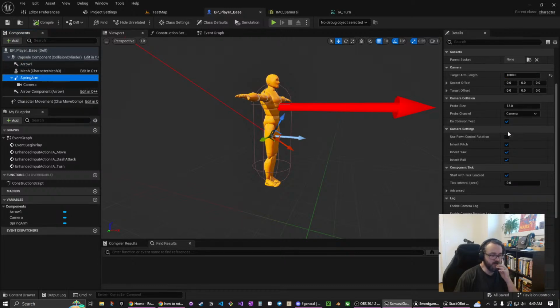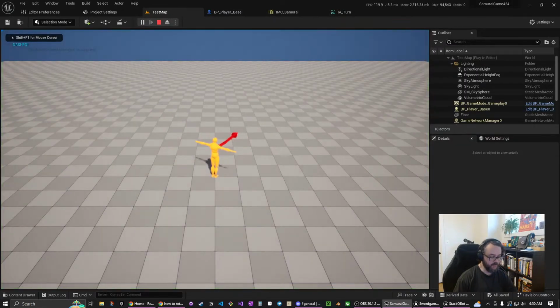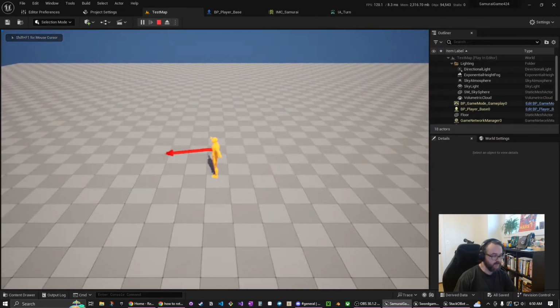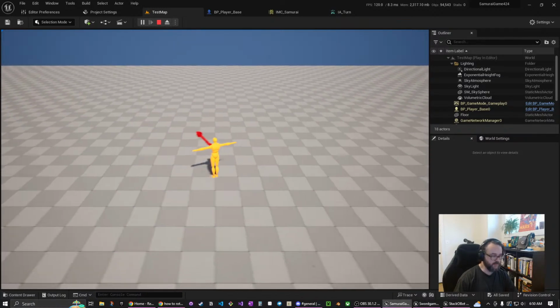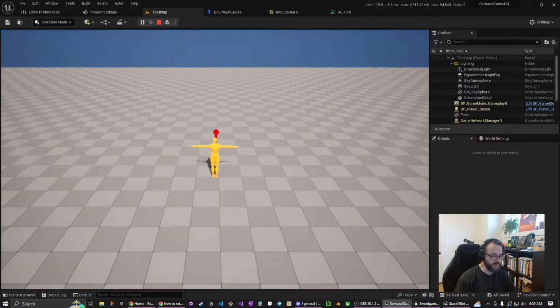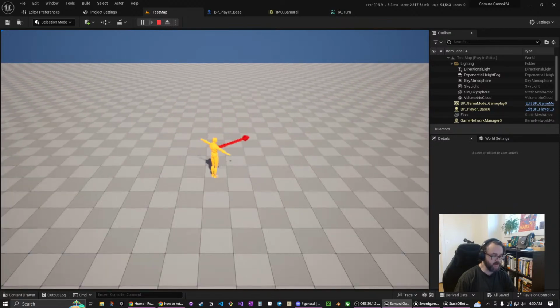Well, I think I can do this. Let's see. That might be all I need to do for that. Yeah, there we go. Okay, and then the movement keys are still locked to up, down, left, right. So